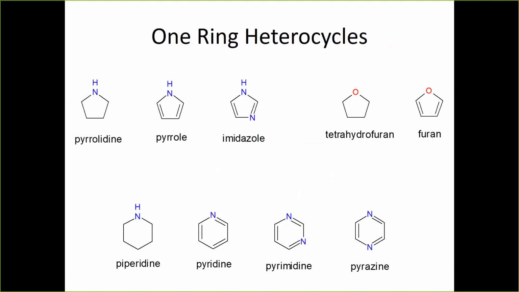This is just to show you some of the common names of heterocycles. Some of them are aromatic, some are not. So they're rings that contain other atoms besides just carbon. Some of the important ones to note, you have imidazole, which is third from the left, that's present in histidine and histamine, which comes from histidine. On the bottom there you see you have pyridine and pyrimidine, which are some of your nitrogenous bases, so those get used for things like making DNA.